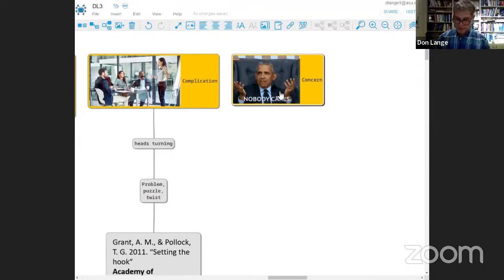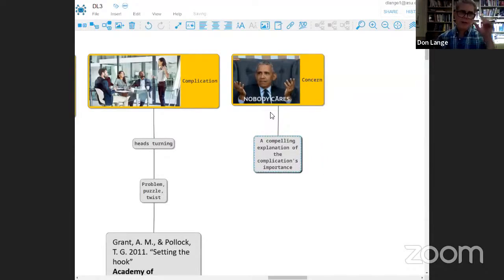You need to have a compelling explanation for the complication's importance. And I would suggest to you that of all the C's, this is probably where papers are most likely to die, because don't forget, your reviewers are likely to be very sophisticated members of the conversation, the people at the table. And you're going to come in as a newbie and say, hey, here's something you guys are getting wrong or missing or part of the discussion that you're ignoring. And it's going to be a high hurdle because